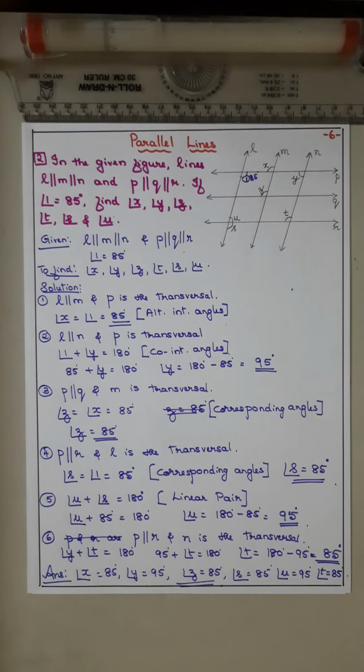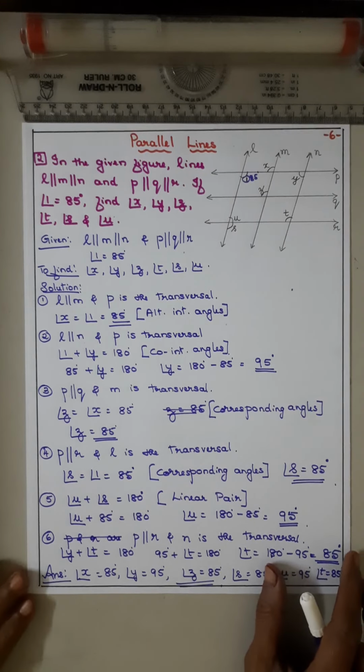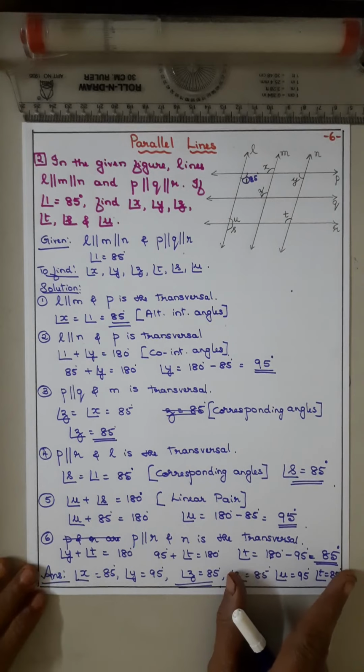Many angles were to be found, but I hope you understood how to find the angles. First identify the parallel lines and one transversal, and which type of angles you can think of. This same question might be asked not with all the angles; they might ask 1 or 2 for a 2 mark question, and for a 4 mark question 4 angles might be asked. In that case, think which 2 lines are to be taken as the parallel lines and which is the transversal. Accordingly it changes.